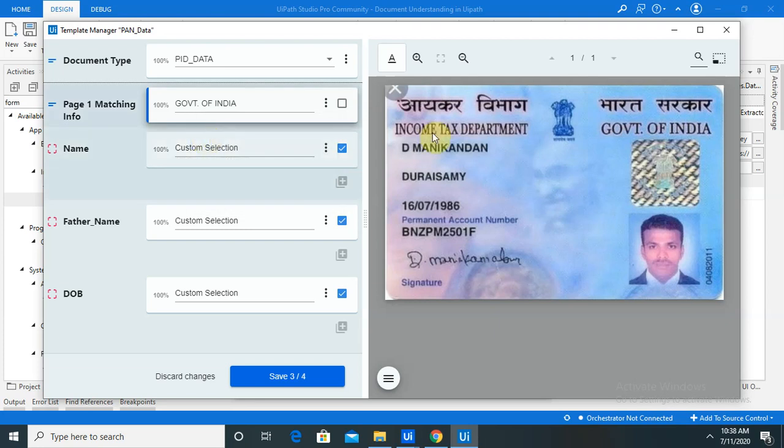Change this one, this and this. Now update the field. Now you can see 5 values are available here.